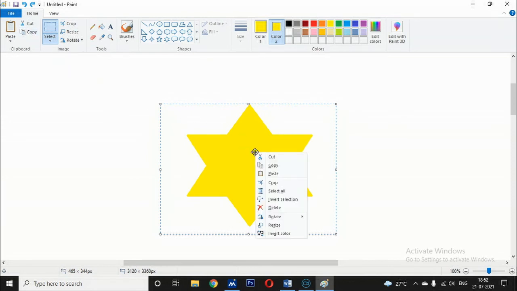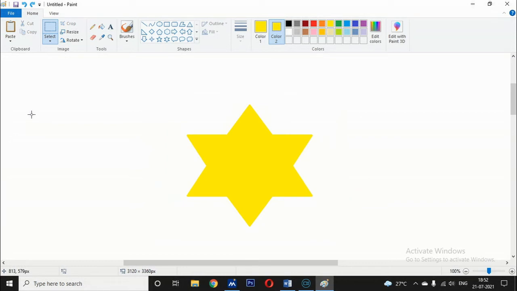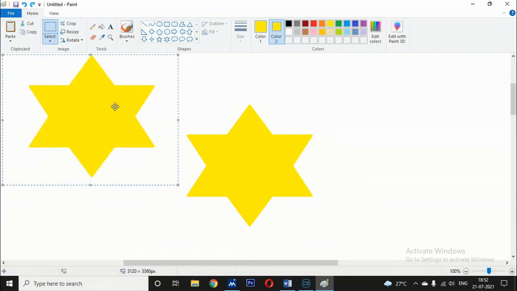Otherwise, right click using the mouse and click copy, and you have to paste it in another place. So you can get the duplicate copy of the original image.